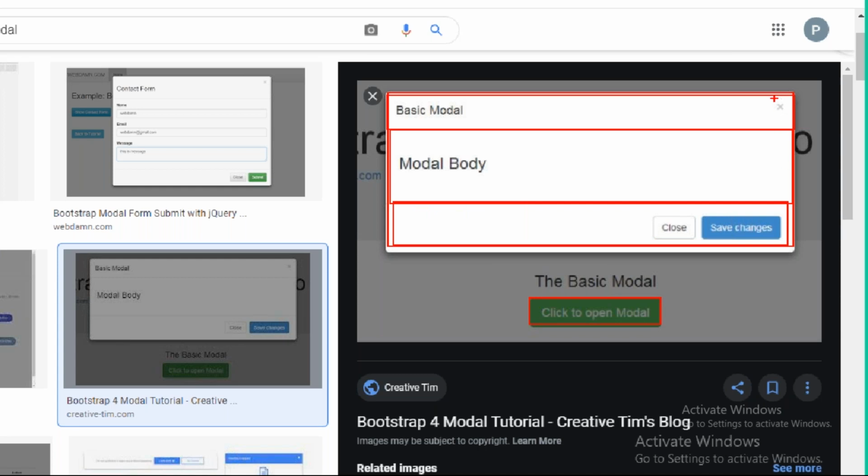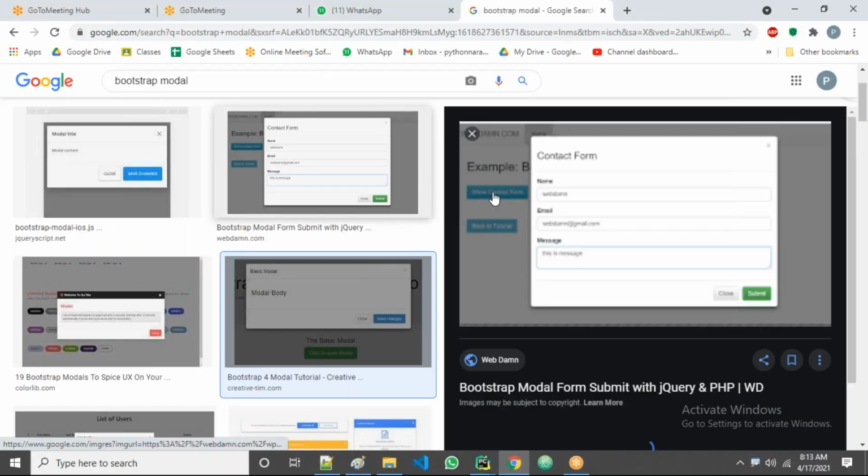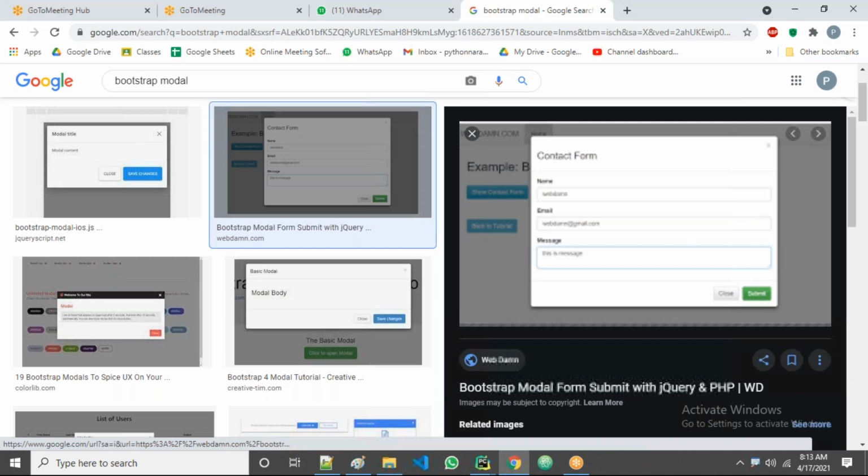And you can see here a close option. If you click on this one, automatically this modal will close, right? We can see here also, I think.